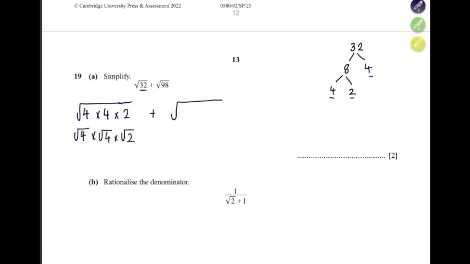Now square root 4 is 2. 2 times 2 times square root 2. 2 times 2 is 4, and this is 4 square root 2. Plus,